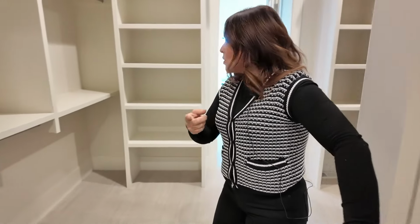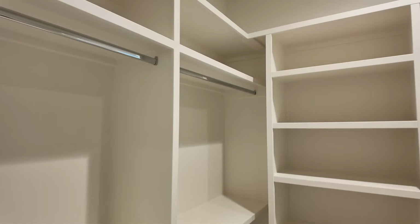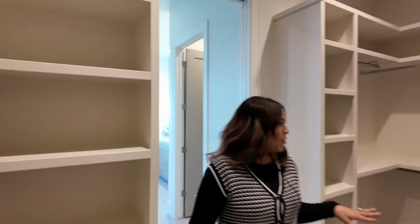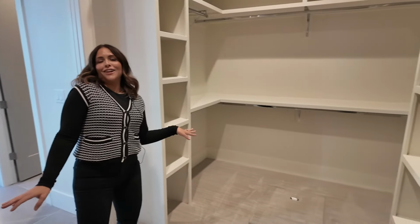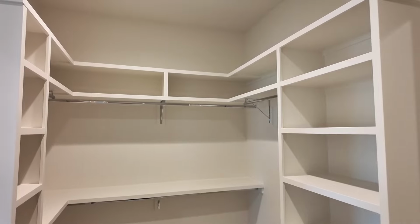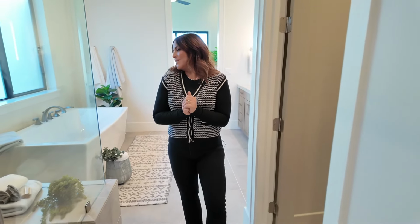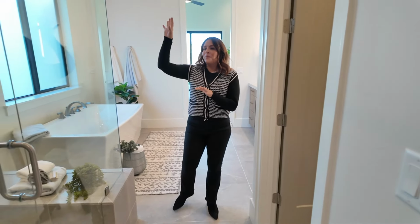Then there's a pocket door and it takes you right into the closet with all of these built-ins, plenty of room. Master closet right here, which means you guys are about to see the master bathroom. And a super feature. This house has a lot of super features, but there's one in particular that a lot of you will like, especially the ladies. Okay, guys,